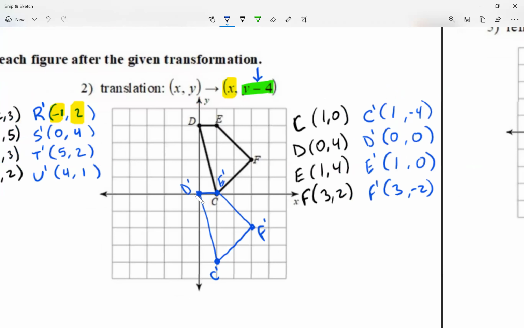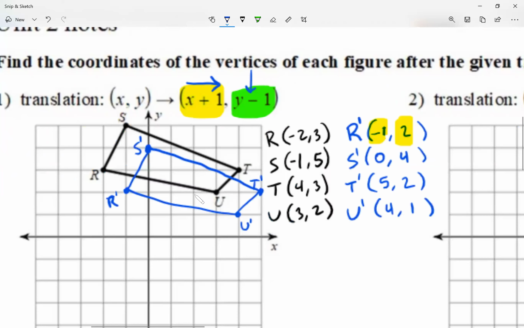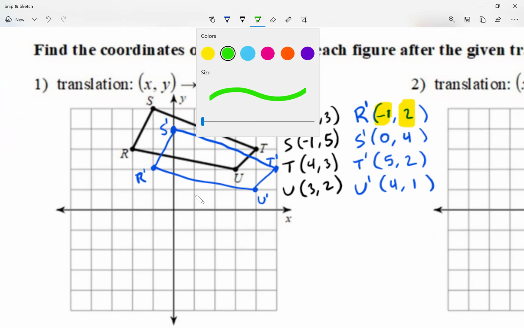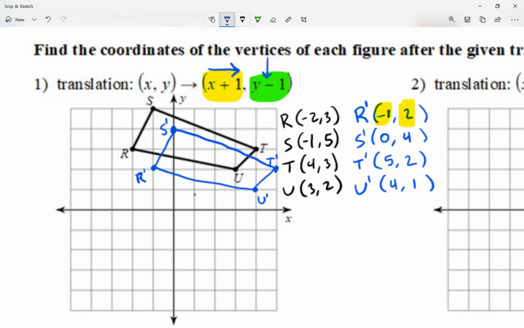Now, if you don't like to graph the points, if that's a little difficult, let me show you guys another way how to do this. Technically, I got the coordinates of the first points, right? Of the initial point. Question number 1, I got the coordinates of R, S, T, U. Notice, if you want to do this mathematically,